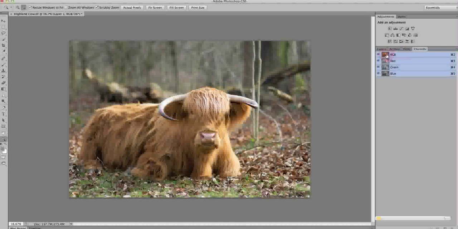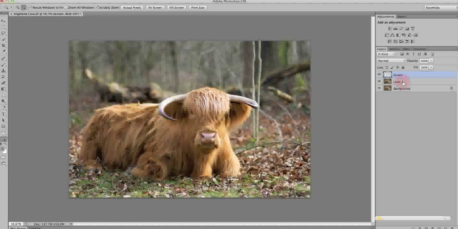Now I'm only interested in this very top icon here that's in colour, and what I need to do is click Command on this image and left mouse click at the same time. What will happen is a selection will be made of all of the brighter areas within the image, and I'm going to copy this by pressing Command J, which will make another layer. I'm going to come back to my layers panel, and where it says layer 2, that's the layer that I've just created, and I'm going to name that screen